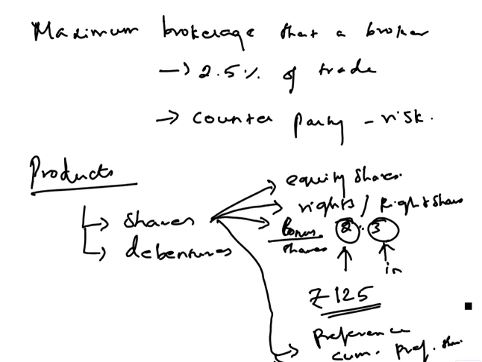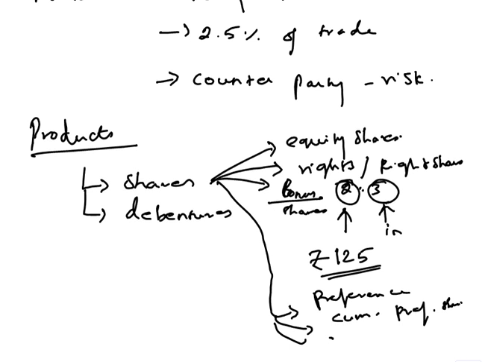And there is another product called cumulative convertible preference share. This is very simple. These preference shares are of the same nature as cumulative preference shares, wherein the arrear dividends should be paid to them before paying the dividends to the equity shareholders. At the same time, these shares can be converted into equity capital at any time.